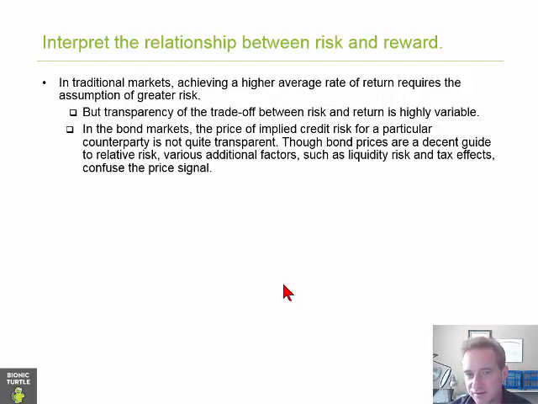There's a learning outcome there that asks us to interpret the relationship between risk and reward. This is explored further in topic 1 as well, in particular with the capital asset pricing model, because that's the most traditional model that gives quantification in theory to the risk-reward relationship, albeit classical and imperfectly, but it does really quantify this idea that risk is necessary for reward.